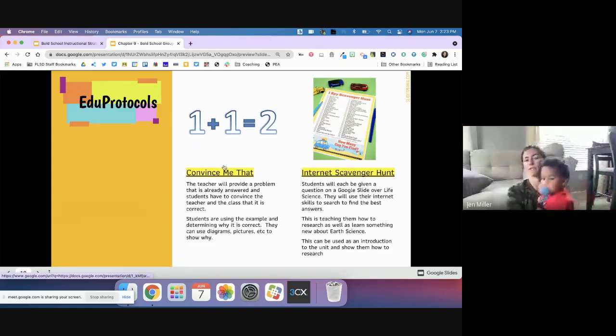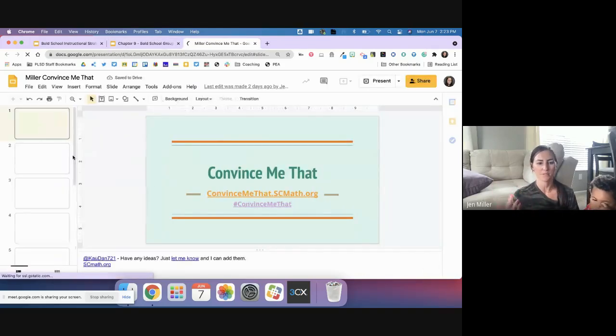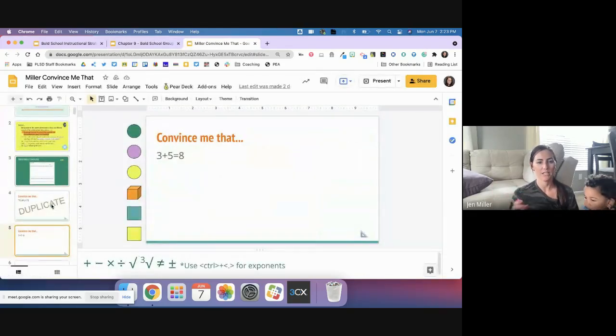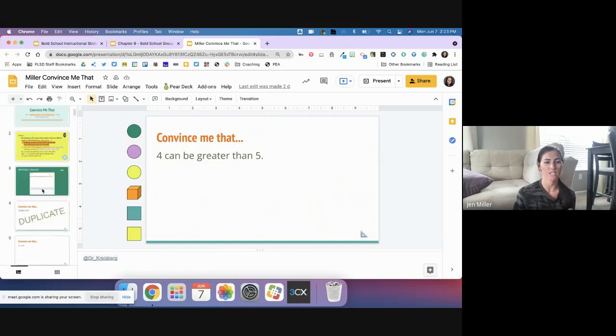And then two of the EDU protocols that were listed, the first one is Convince Me That. I teach math, so I think it applies to me a lot. You just give a problem, and I just pulled the examples that I think Stephanie had already created. And you just have a template, and on each slide, there's a different problem, and it already has the answer on it. So then the kids have to go back through and convince their classmates or the teacher that that